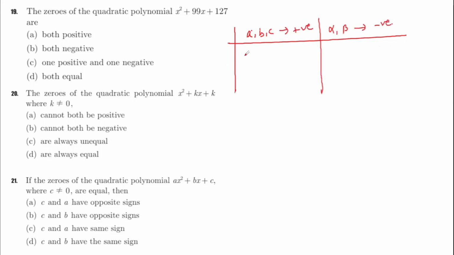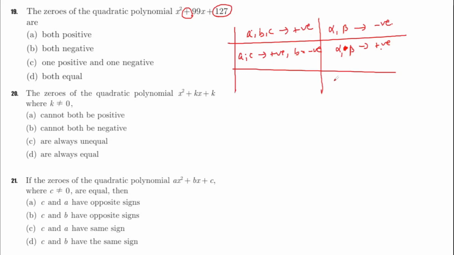But if A and C are positive and B, that means the middle term, is negative, that means this term is negative, then what will happen, sir? Here both alpha and beta are positive. Why, sir? Because if alpha and beta both are positive, then the product will be positive and then their sum will also be positive. Now, except these two scenarios, if we are left with other situations, then